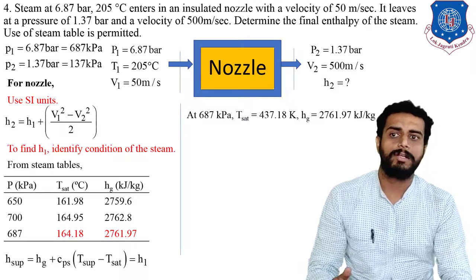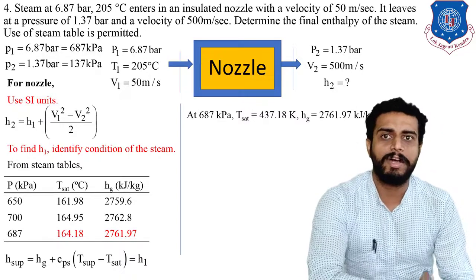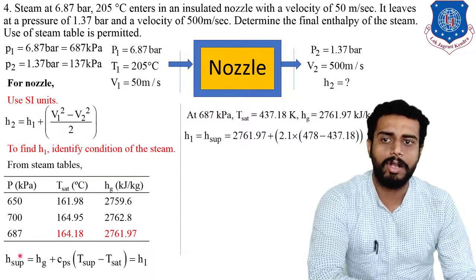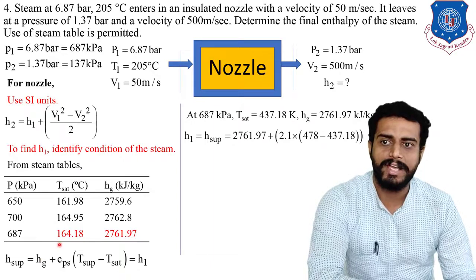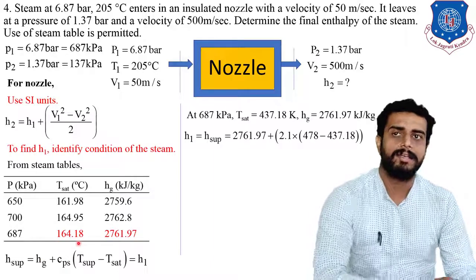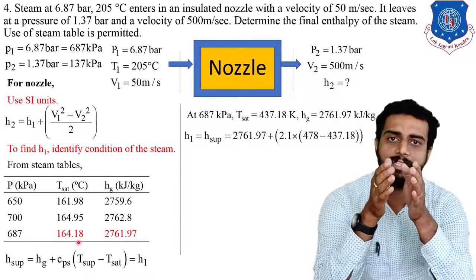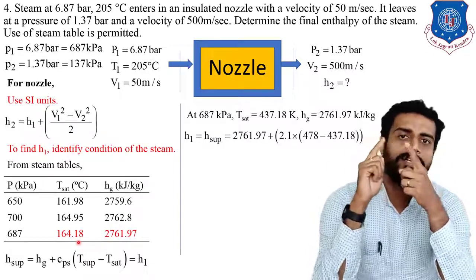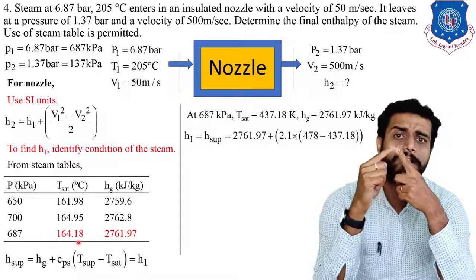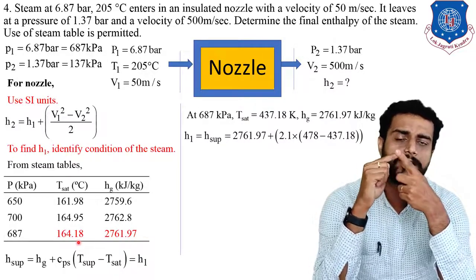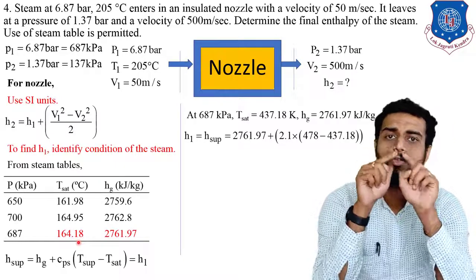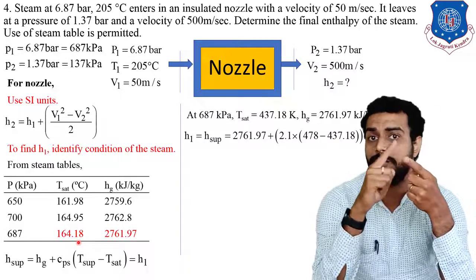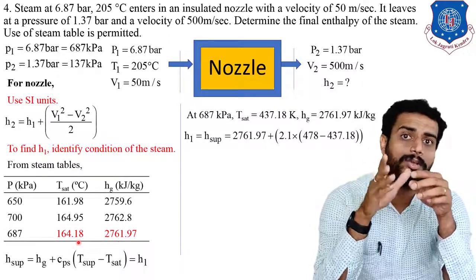Now we have the value of T saturated, and T superheated. So T superheated is what? The given value, that is 205 degrees Celsius, will be T superheated. Right? Now substitute all the values in the equation of this H1. Hg is known to us, right? CPS. Remember students, the value of CPS might not be given in the given data. You have to remember that for superheated steam, the value of constant specific heat at constant pressure will be 2.1 kilojoule per kg Kelvin. I am repeating again, the specific heat at constant pressure for superheated steam will be 2.1 kilojoule per kg Kelvin.